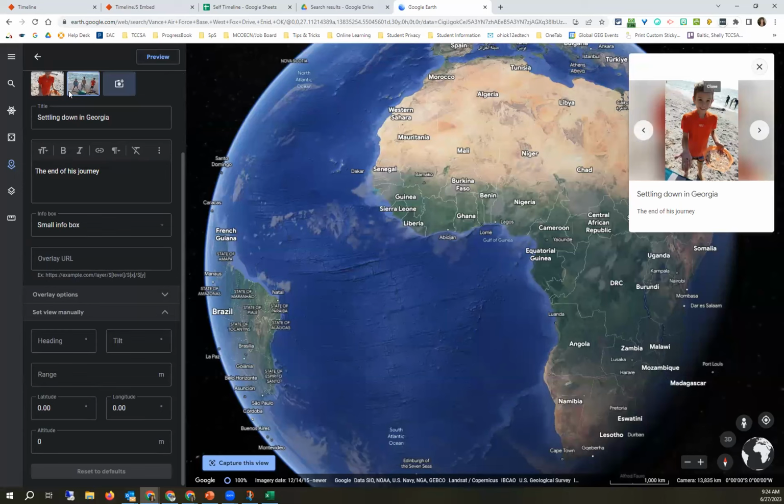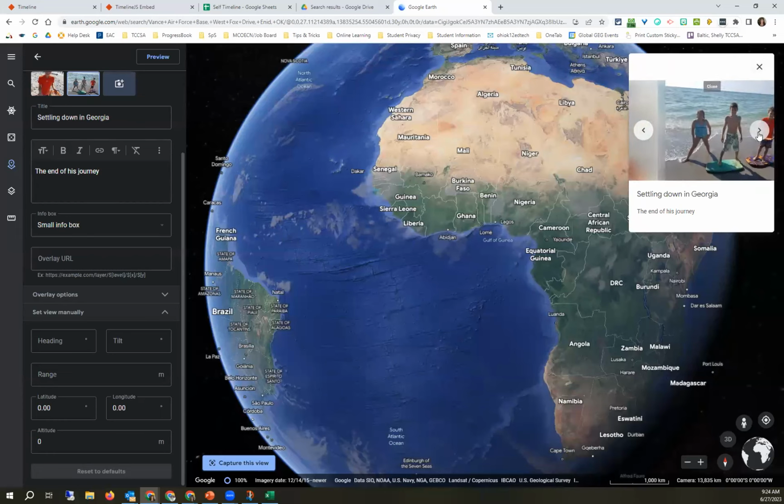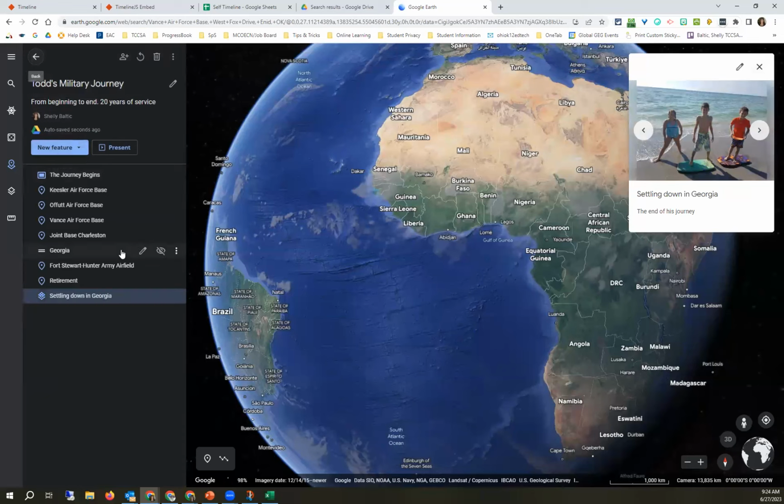That is because we added multiple pictures. So if you have a picture in a YouTube video, then I can go between them. So then it's just like a photo roll. I can keep going through them. Okay. So let's see how that overlay happens. And you can see the icon is different next to the overlay versus my place marker. So if we're presenting,